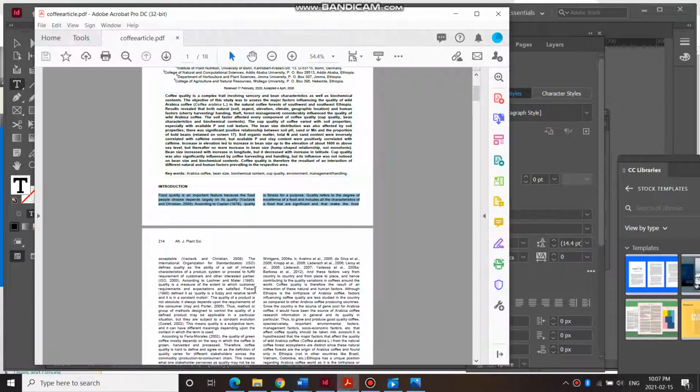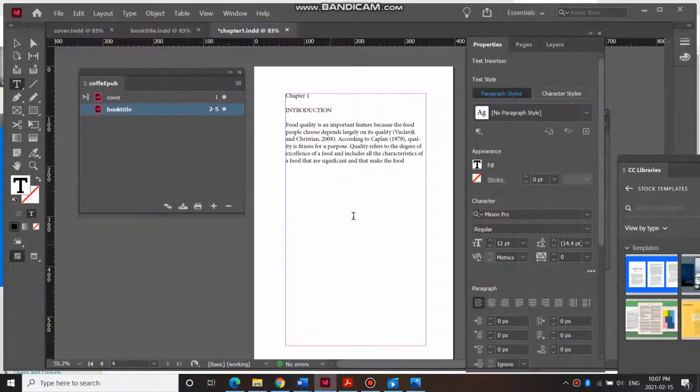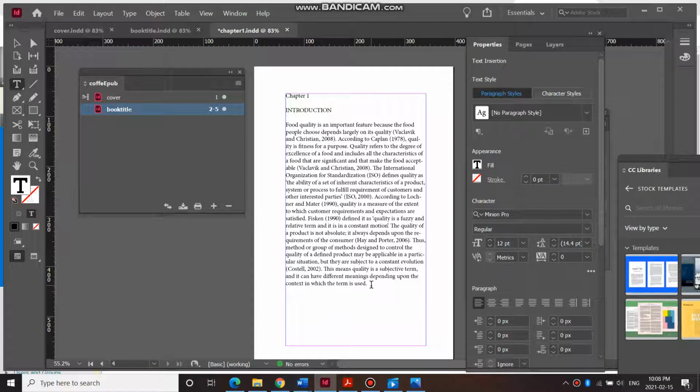Okay, and just some to get started. And I'm not going to do the whole book in front of your eyes. Okay, but I'll show you that. So we first just copy and paste text in. That's great. So the next thing we need to do is to create some more paragraph styles, and let's create